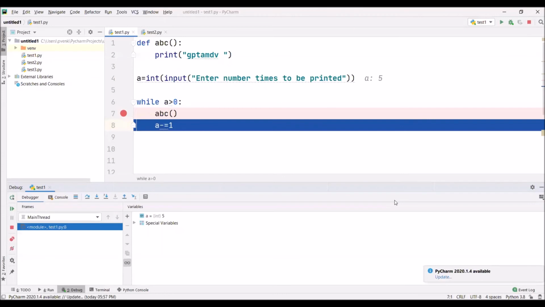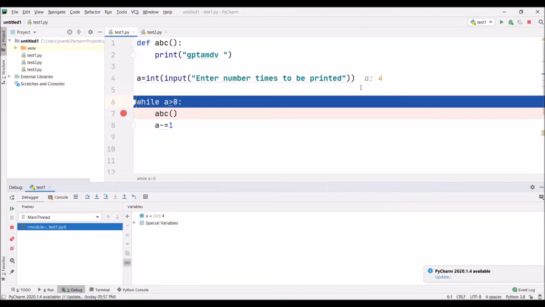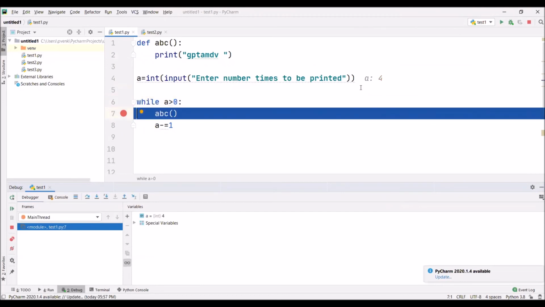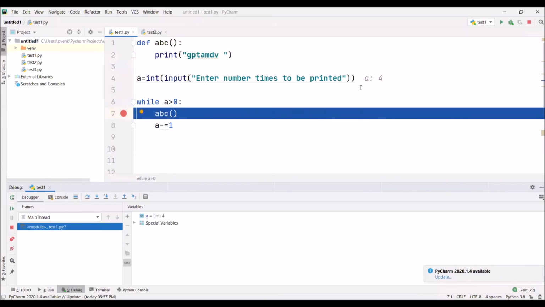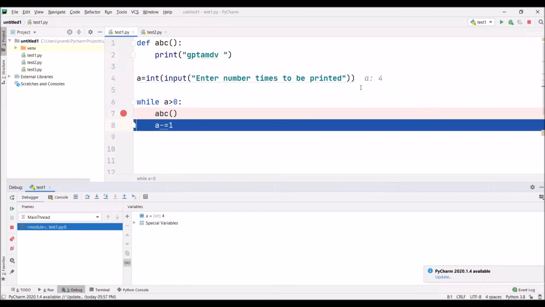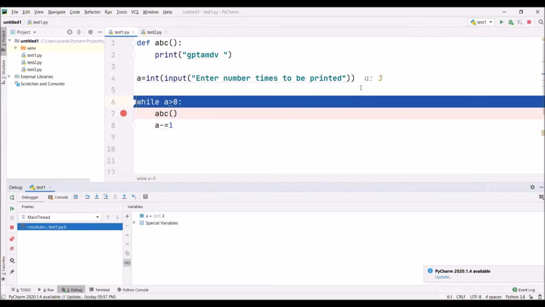Now the a value is 5. See, because I have entered the number 5, clearly observe the a value is 5. Now observe what is happening step by step. Now the a value is decremented to 4. Now the function ABC is called. There the blue line is going to that function, and again after that the a value is decremented to 3.